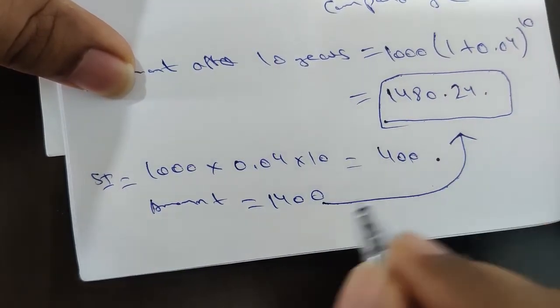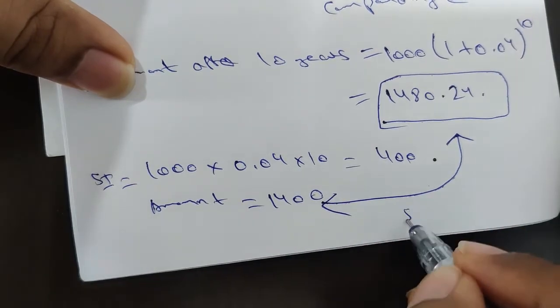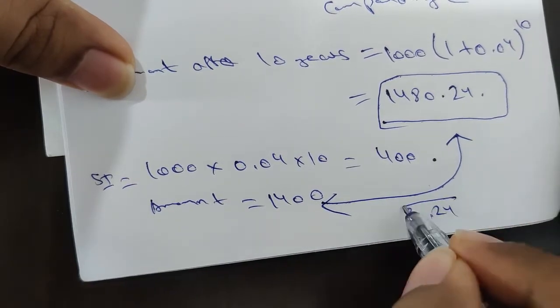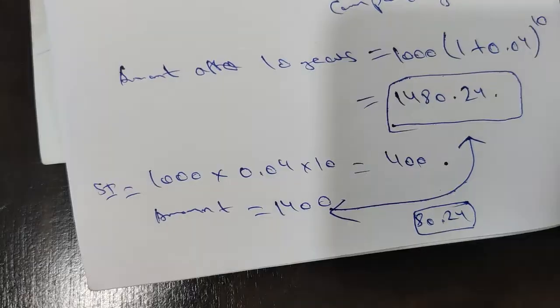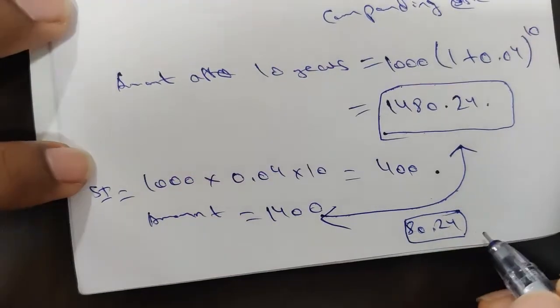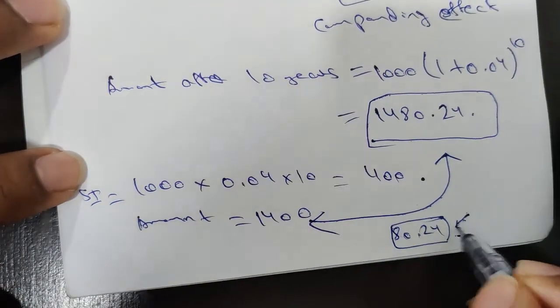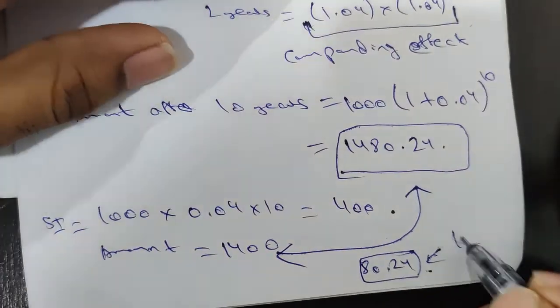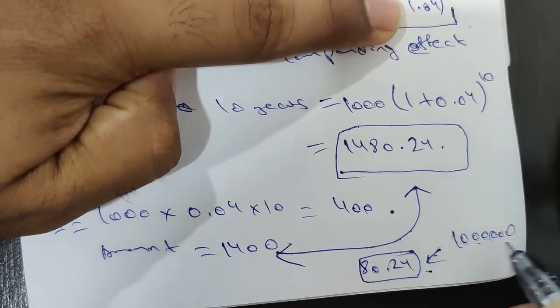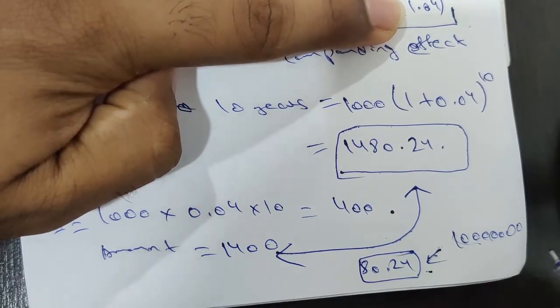Now see the difference between these two, 80.24. So this 80 would seem not so much, but just assume this amount would have been 1 crore,